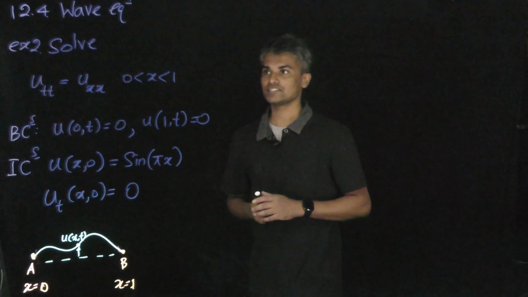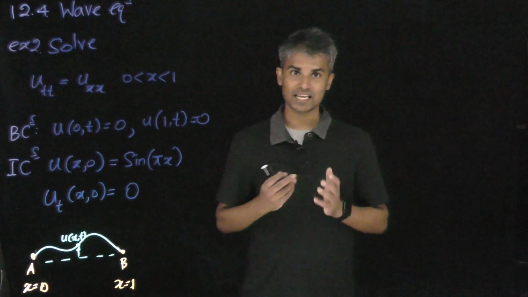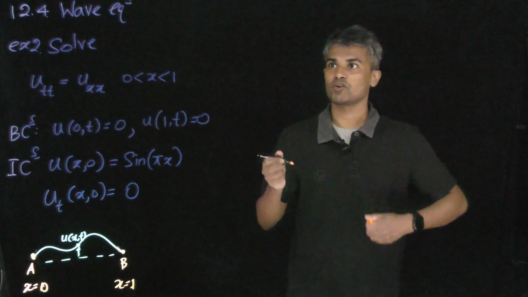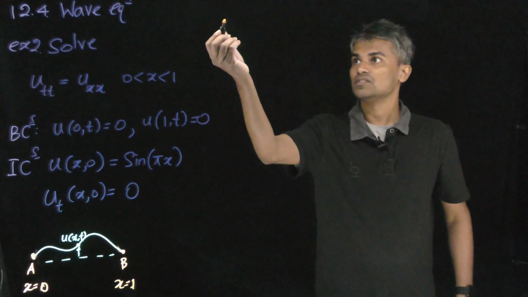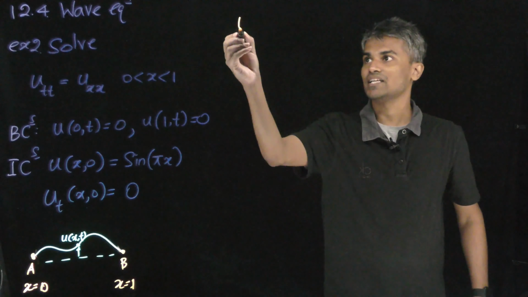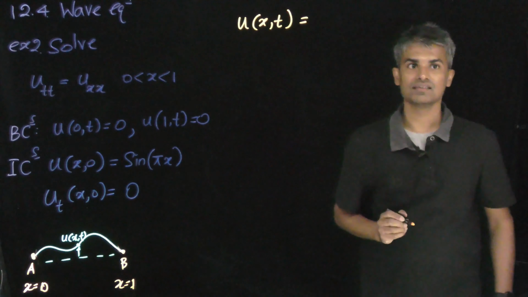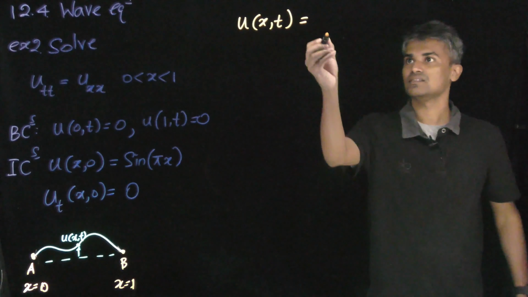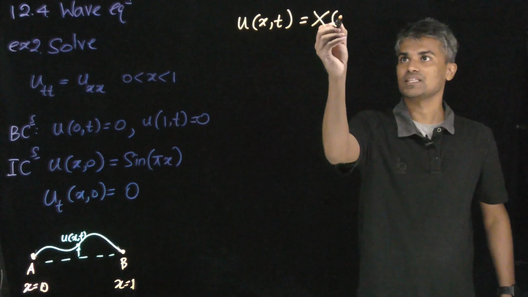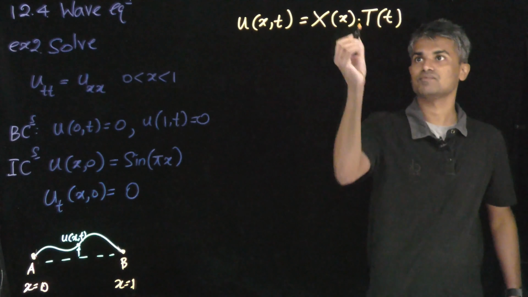and this should be x equals 1. Now let us solve this one. Again we are going to use the same technique as before. We are going to use the separation of variables technique. In this technique, we assume our unknown function u of x comma t can be expressed as a product of two functions. One function contains only the x variable and the other one contains only the t variable.